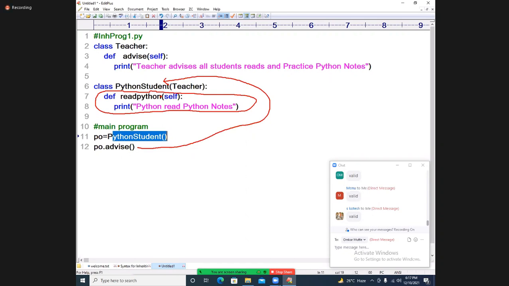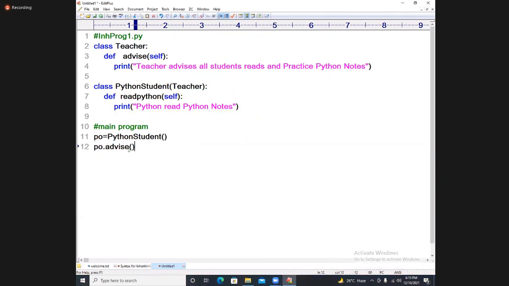Is that all of you, those who said no, is the advice method there or not? Yes, it is there. How is it there? Physically or logically? Logically it is available, and then that will execute. Suppose, as you said, that it is not there, it will give you an error, students. Okay, it is there. You have to say that it is there because it is inherited from where?